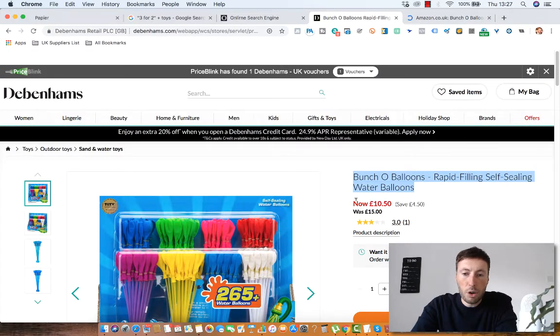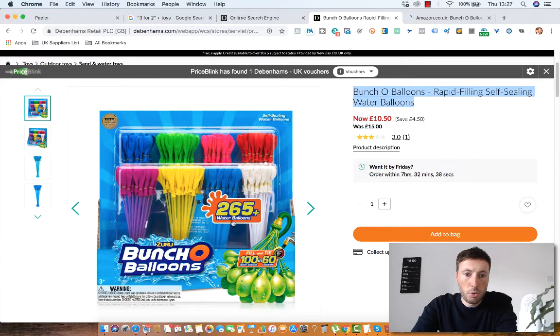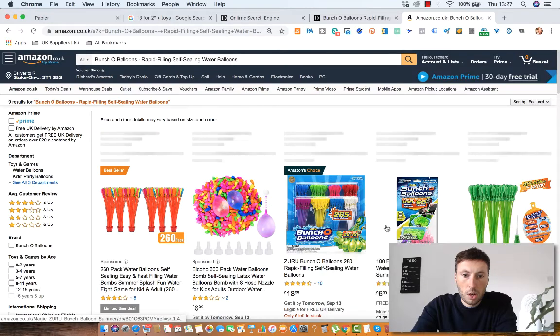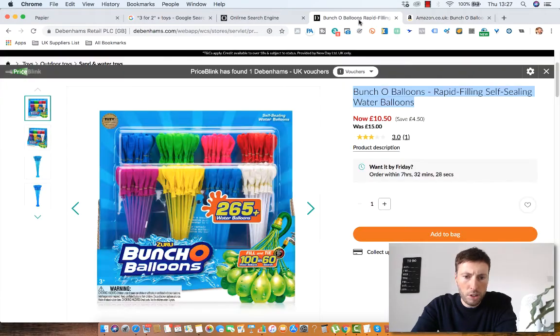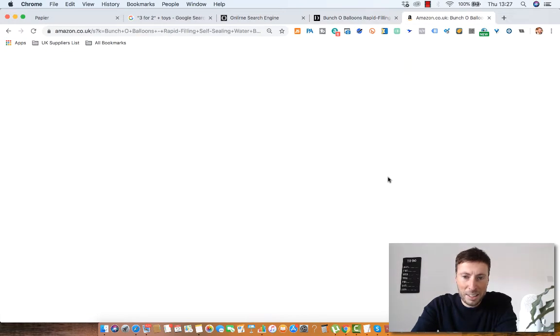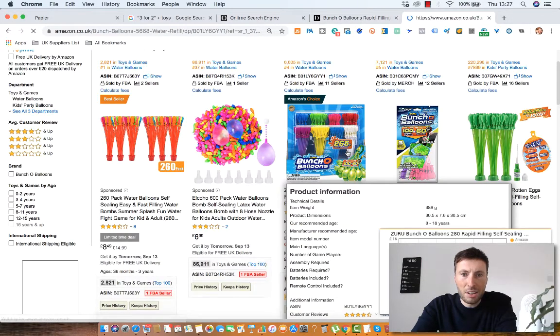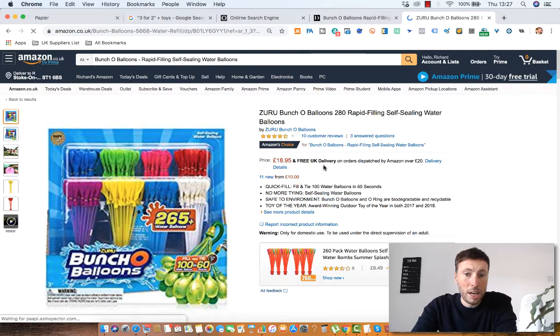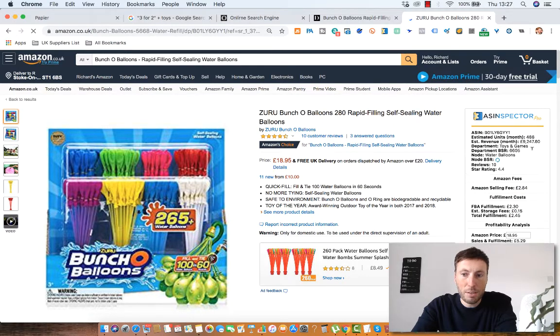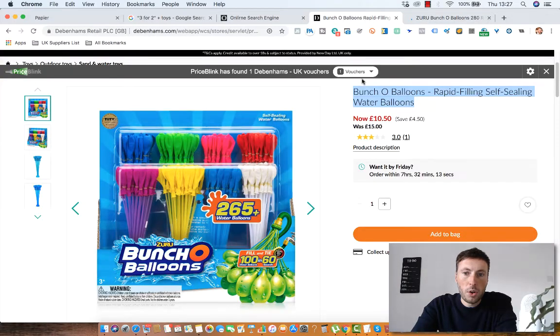So you can see here this product is £10.50 and it is 265 plus water balloons, and you can see here that we have the exact same product by the looks of it, which is pretty lucky. Let's have a look. It's looking like the same product, and you can see that it's dispatched by Amazon. It's selling for £18.95. Okay, so there's a product there that we can get for £10.50 from Debenhams,